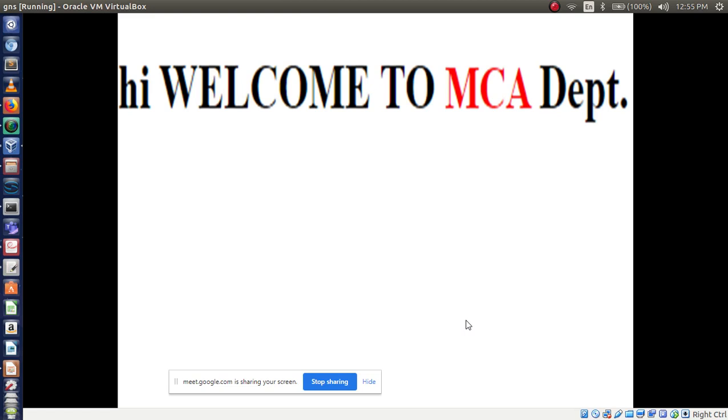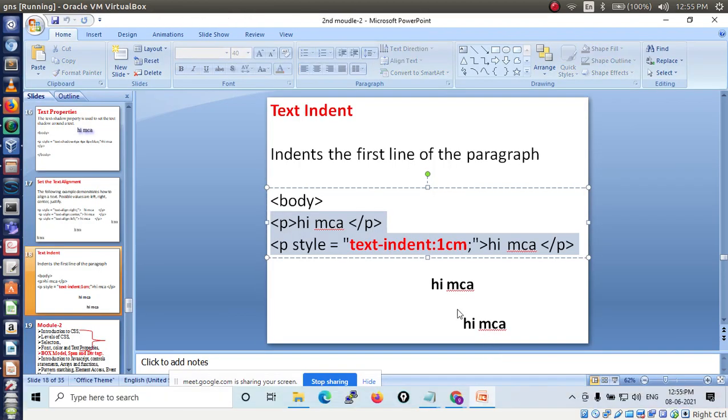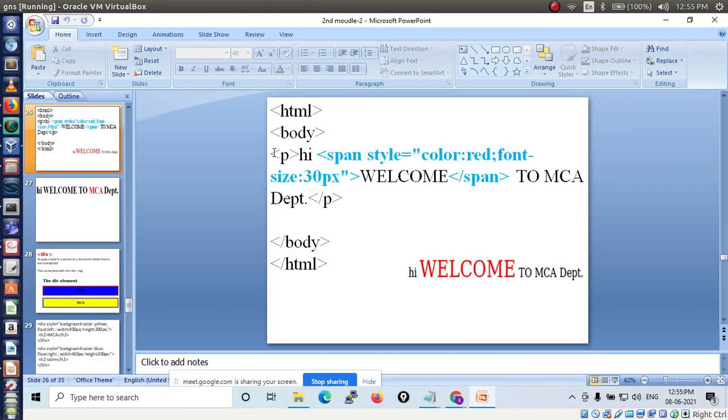Now how to write the code for this? First I will give a demo because it's very important. So I will take this code.